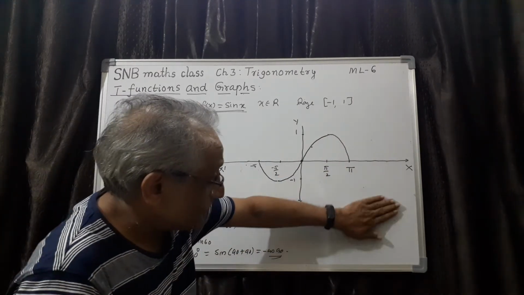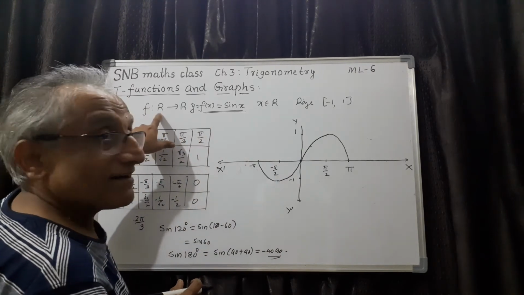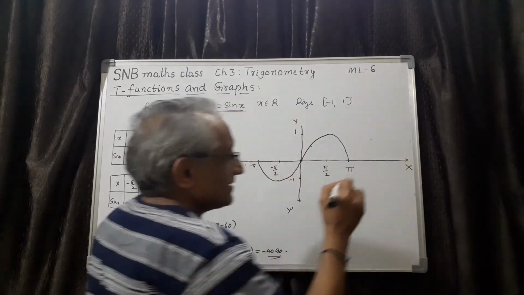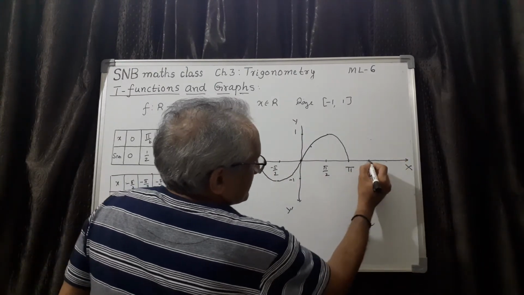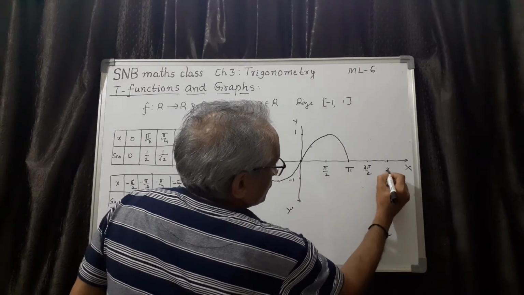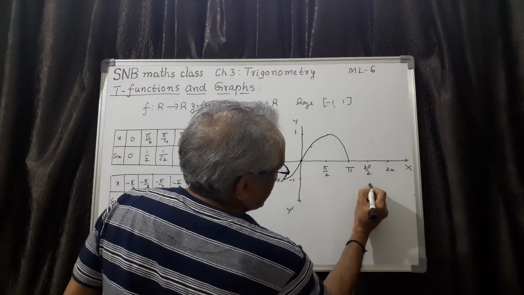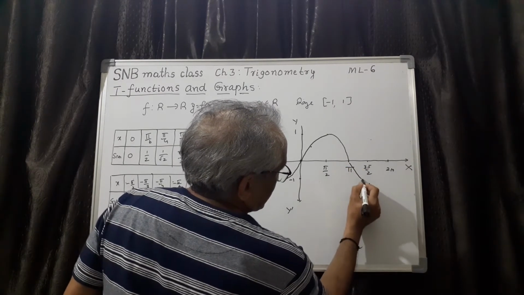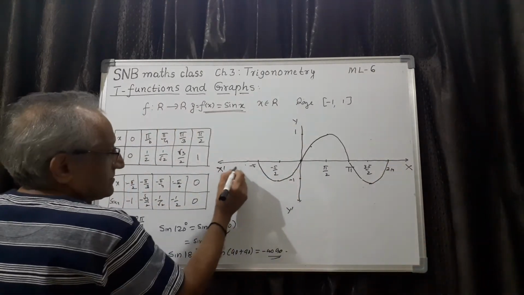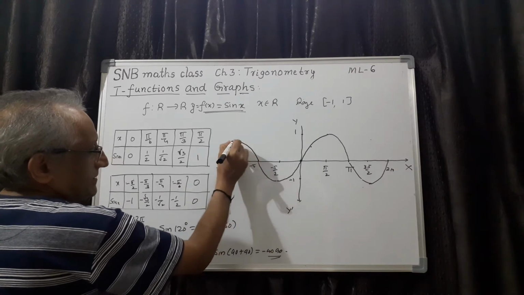Now you may have one doubt: what about the next? Therefore you see, the entire domain is R. You can take any number. Actually it continues like this. The nature is, this is pi, here it is 3 pi by 2, then it is once again 2 pi. So what happens is, it comes like this. This is the minimum value, here it is minus 1. It comes like this, then it goes like this. It continues like this. Here also the same thing, it comes like this, goes like this, then it cuts.